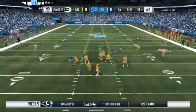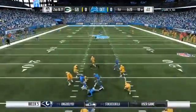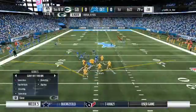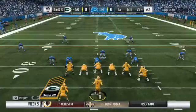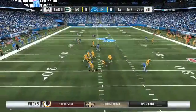From the shotgun, it's Kaiser. And now he'll tuck it and run. A nice job of eluding the pressure there, scrambling for 11. That was a definite passing down, but he was able to leak out and pick up some good yardage, even though the coverage was excellent. Maybe it's not exactly how they drew it up, but he still got a big...